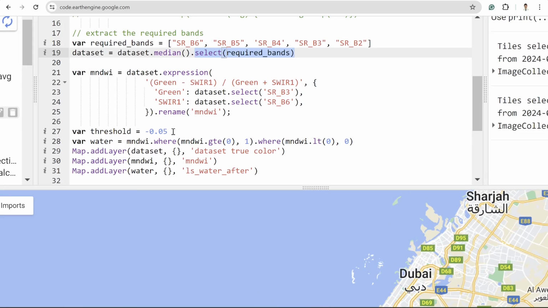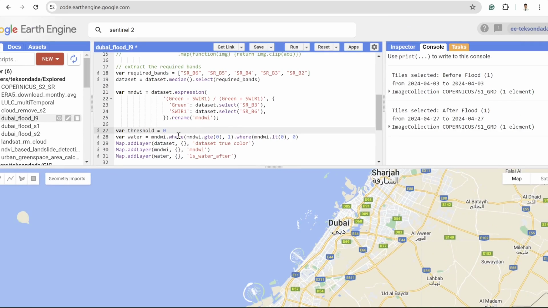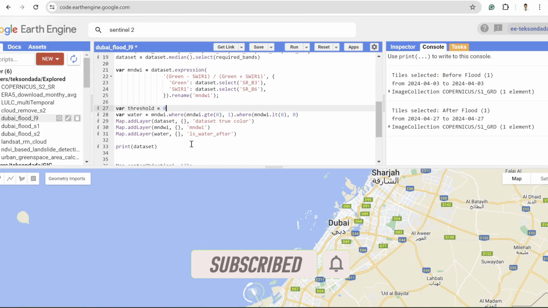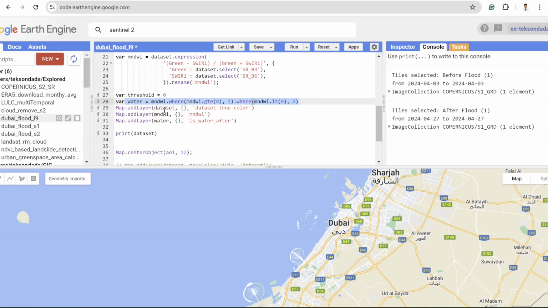Then I selected the required bands and calculated the MNDWI, and then I applied the threshold value of maybe we can apply 0. That means if the value is greater than 0, those are flooded, I mean the water body. Otherwise it's just land, some different infrastructure. Based on that, I apply this threshold value, and then I added all these three different things